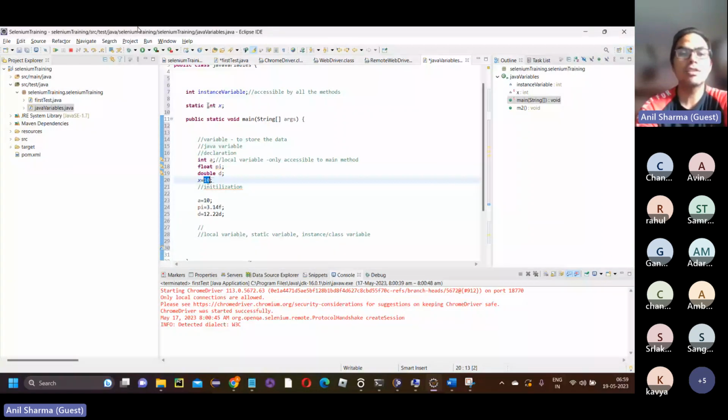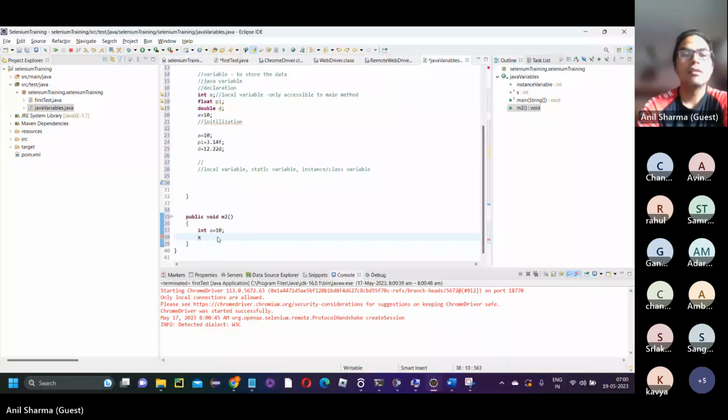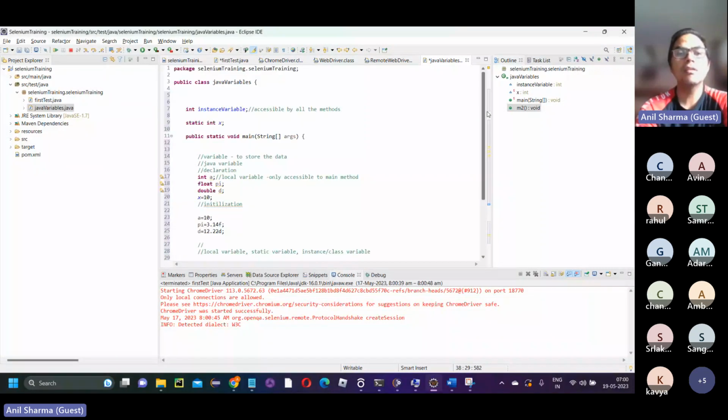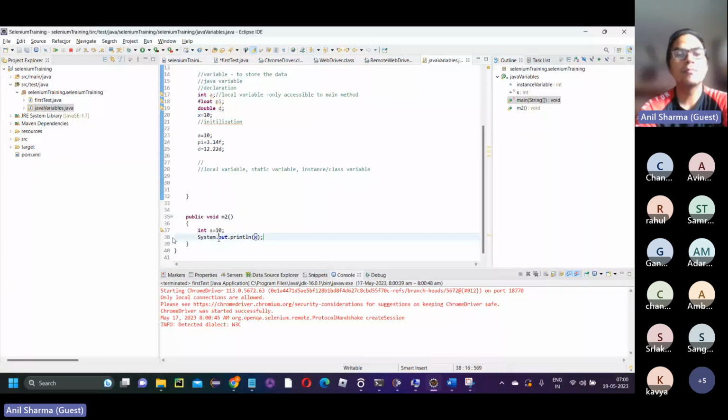Even if you initialize x equal to 10 here, here also x will contain that value 10, right? Here also the value automatically, if I print inside this, it will print the value 10 because it is a static variable. SYSO x. What is the value? X, right? Because I have declared it as a static variable inside the class, but then in the main method I gave a value 10, and then I'm printing in m2, right? So if I run this program,